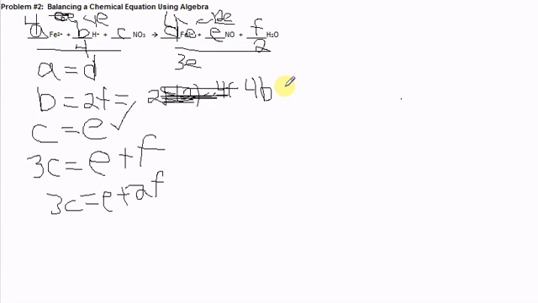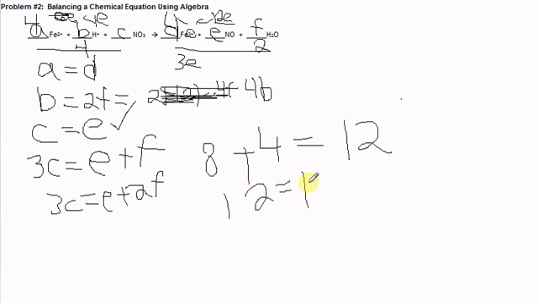Now let me do this on the bottom so you can see it clearly. We have 8 electrons from the Fe over here, 8 times 2, plus the 4 electrons from the hydrogen right here, equal to the 4 times 3 electrons, which gives a total of 12 on each side. So 12 is equal to 12. Now that we have each element balanced and the electrons balanced, we are officially done with this problem. So as a final balance, we'd have 4